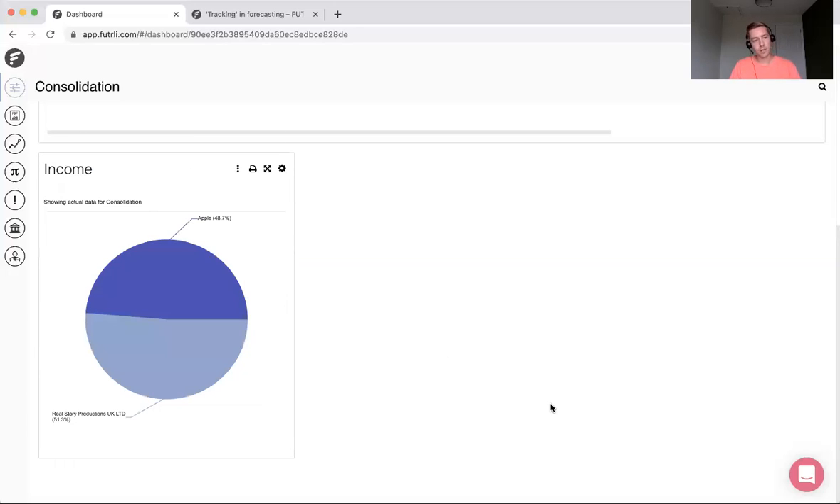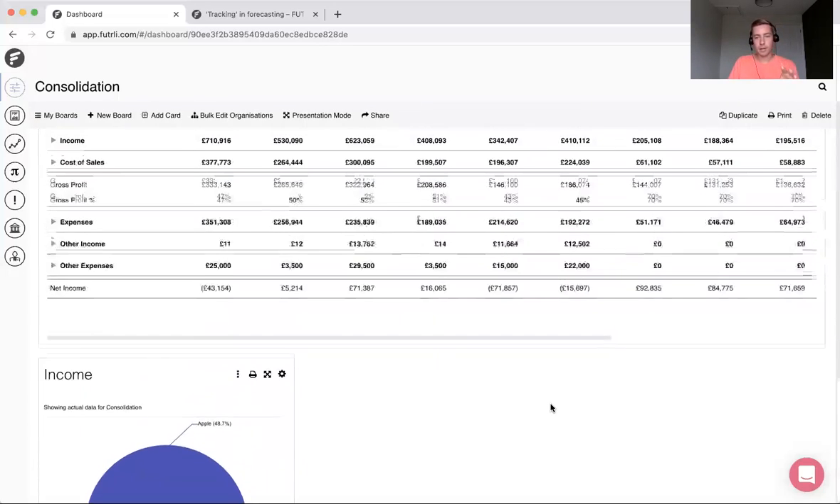This one, it's quite a nice one. We can look at the last 12 months. We can quite clearly see a fairly even split, but Real Story seems to be pulling in a bit more income than Apple. So we're starting to build up this report, but now what I'm going to do is add